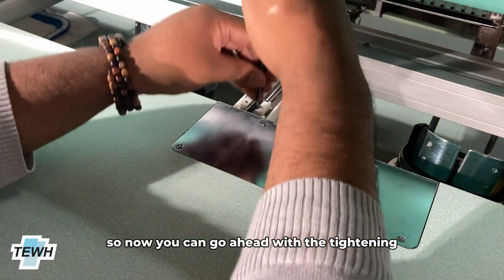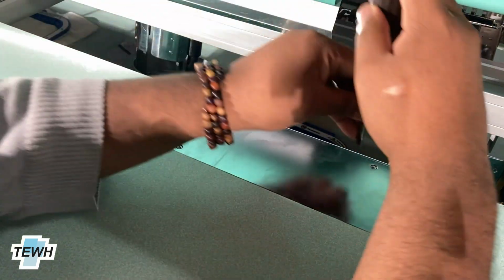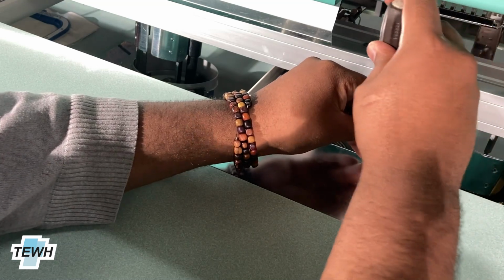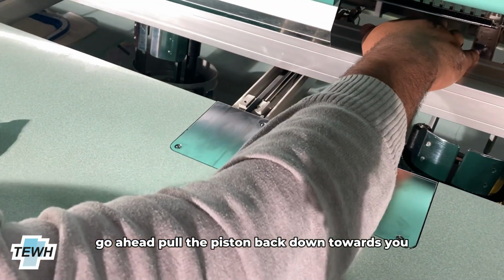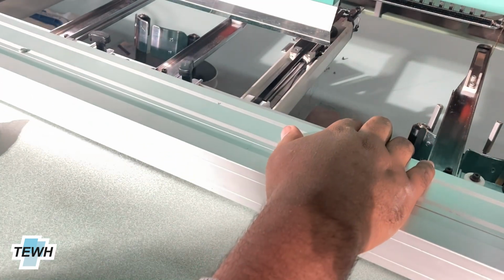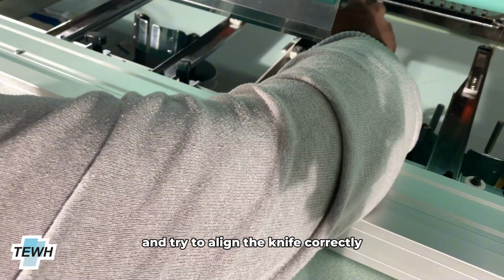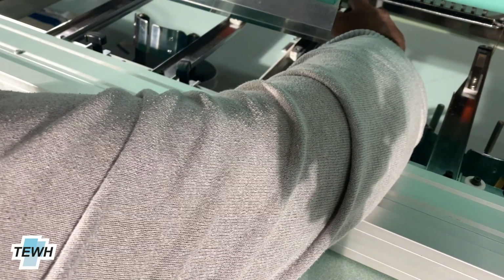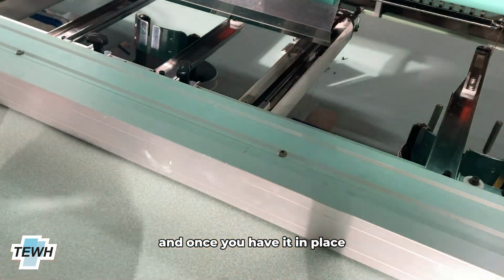So now you can go ahead with the tightening, finish tighten. And once you have it finished tightened, go ahead, pull the photographer back down towards you. Here you can actually go ahead and reach it forward and try to align the knife correctly. And once you have it in place,